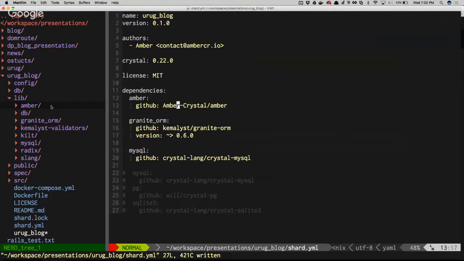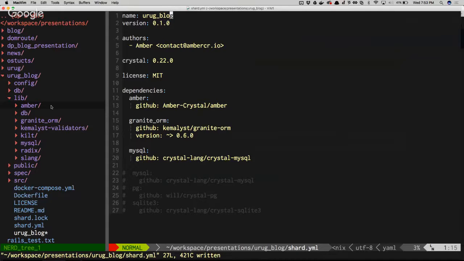All the source code for everything in Crystal is written in Crystal, even the compiler, which makes it pretty easy to edit even the standard library. You probably won't get a lot of that actually merged in, but if you want to use it, you can do that. What else was I saying?